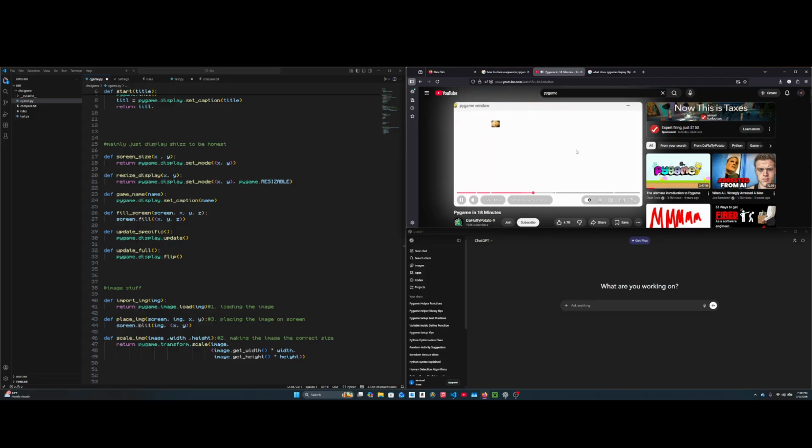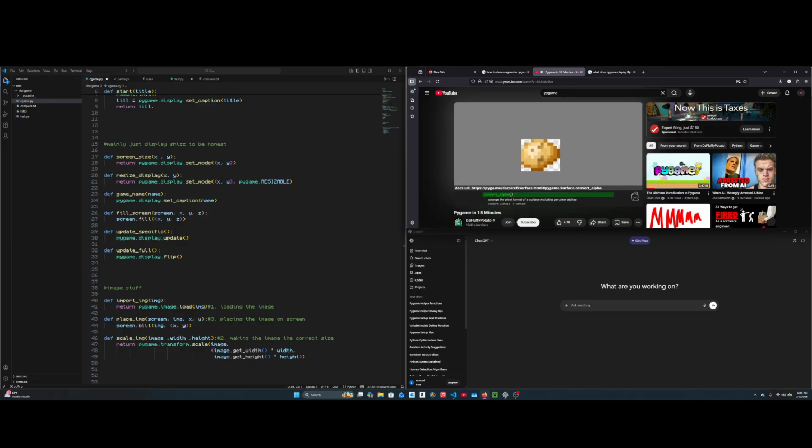However, we have black corners on our potato. To fix this, there are a couple solutions. First, if you're using a source image with an alpha layer with a transparent background, you'll want to use .convert_alpha instead of .convert to tell pygame that